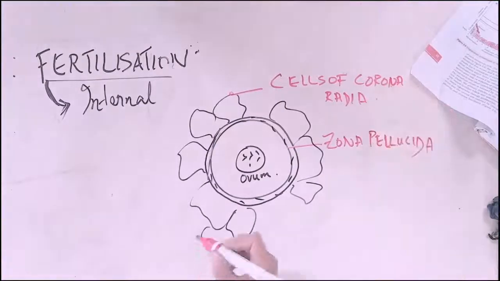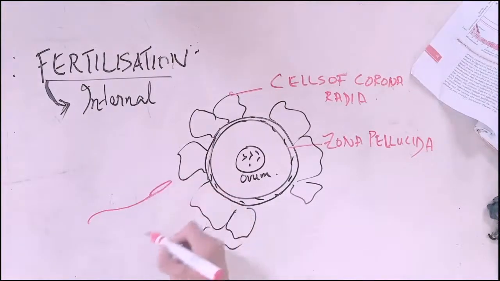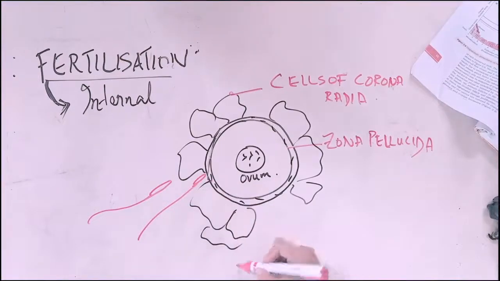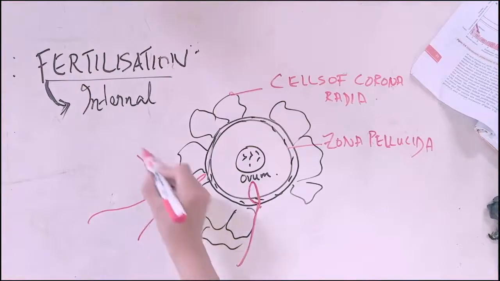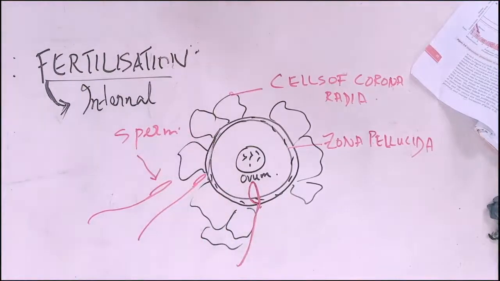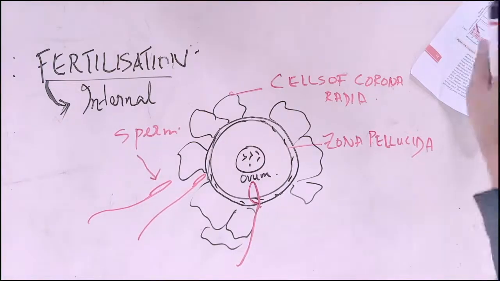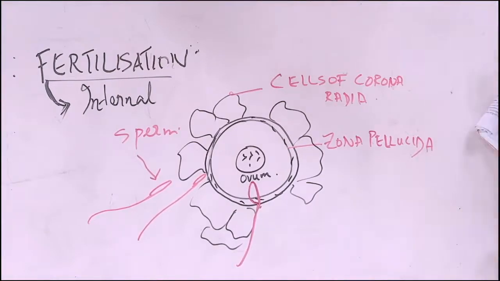During fertilization, the sperms will enter more easily. So how is it exactly happening? The sperms enter the vagina during copulation, then come to the cervix, goes to the cervix, and then move on.